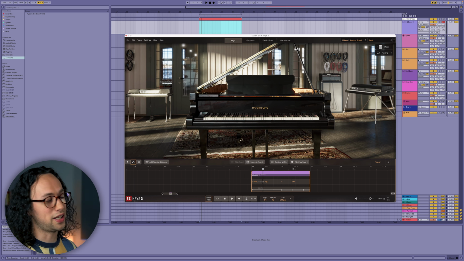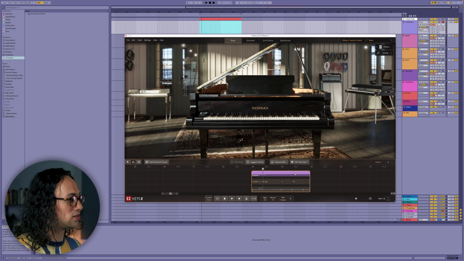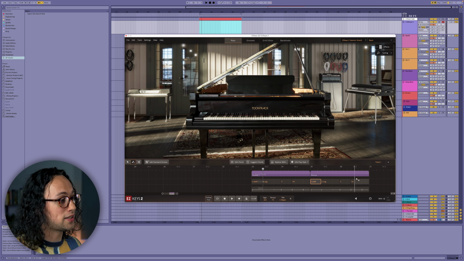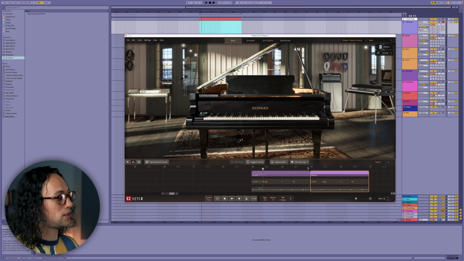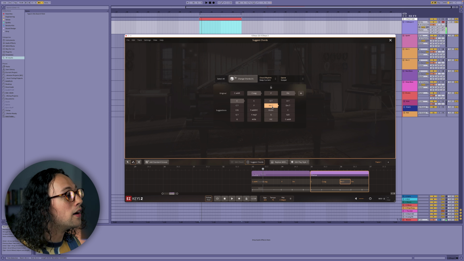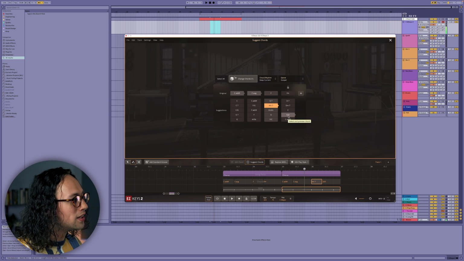One thing that I talk about a lot is creating variations to make sure that your ear doesn't get bored with whatever you're making. And it's really easy to do that in EZKeys because you can just copy this section over by holding Alt and it'll create a copy of what we've got. And then I'm gonna just select this section and then have it suggest some alternative chords for us here. So instead of going back to the C add 9, we could go to a regular C and then maybe keep this chord. And then where else could we go after that? An A minor 7 instead to, how about,